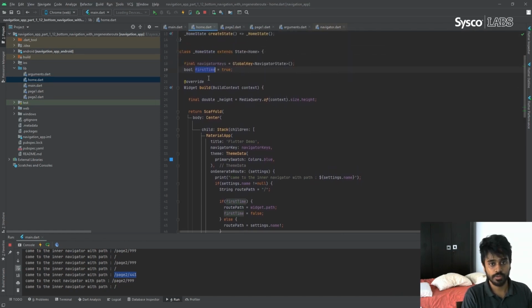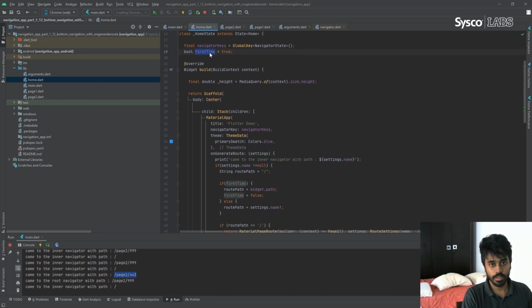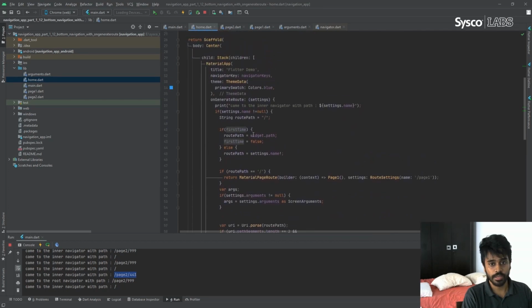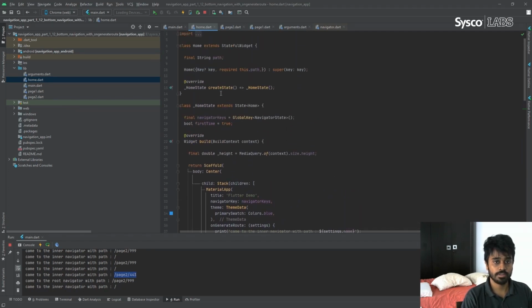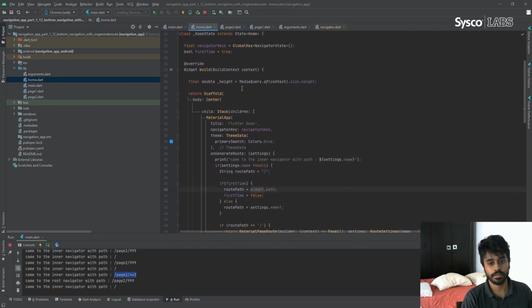So if it creates this object again, then the first time I'm setting this value, first time, to true. So in our application, I'm checking if it's the first time. Then as the route path, I'm using the path which was sent from the route navigator.